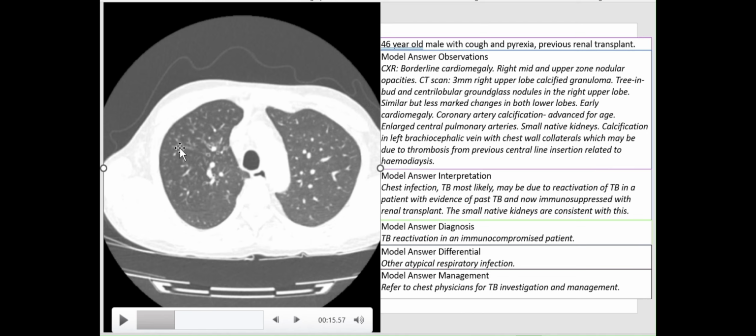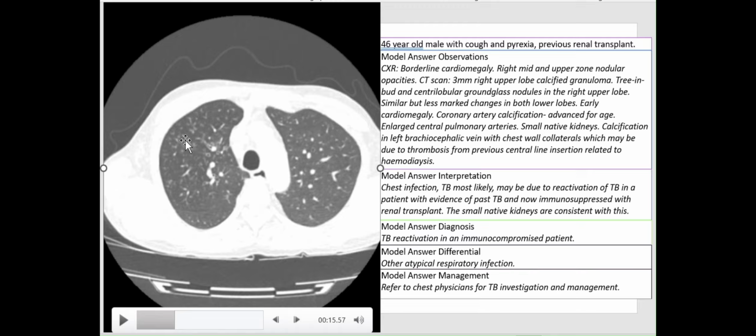The reticular opacities are seen here as linear branching opacities. It's not linear opacities only, it's also branching, as you can see here, with the centrilobular